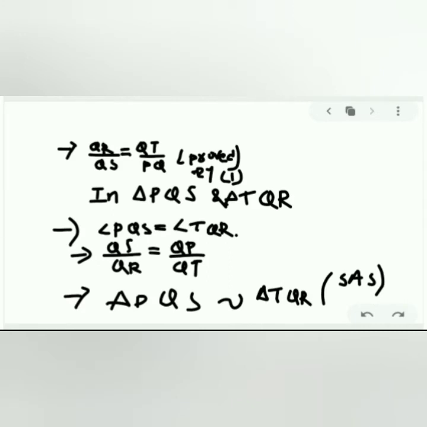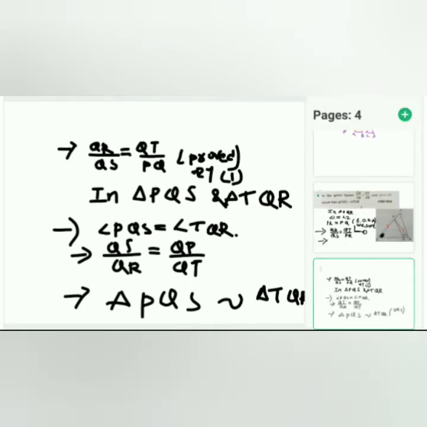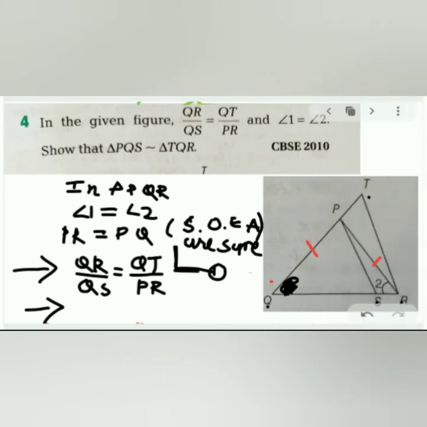If you want to write the answer, I will give you the details, so you can write from there. But for your understanding, this question is very easy. You do not have to think about anything. You just have to take these two triangles, and replace PR by PQ, and everything will be equal, because QR by QS means one triangle is TQR and another triangle is PQS. So this is how you can prove this question, and it is very easy.